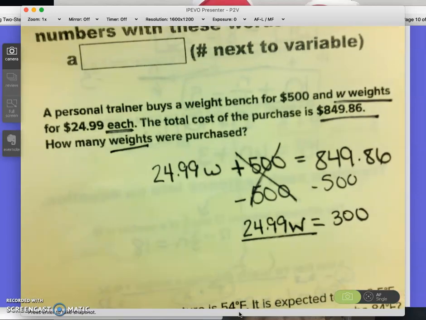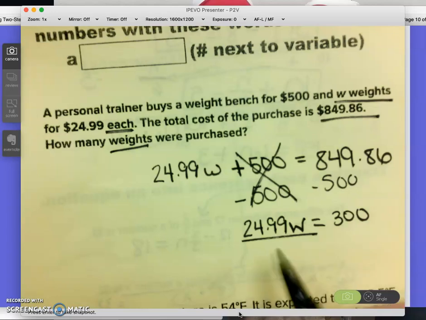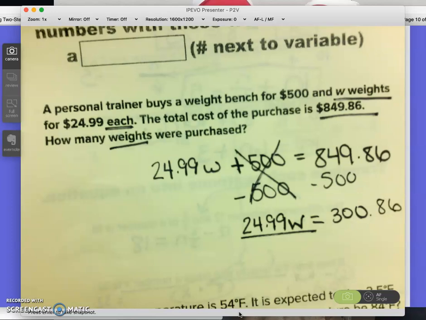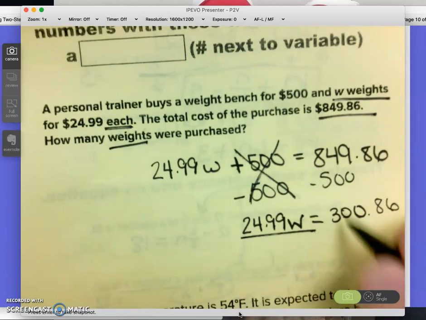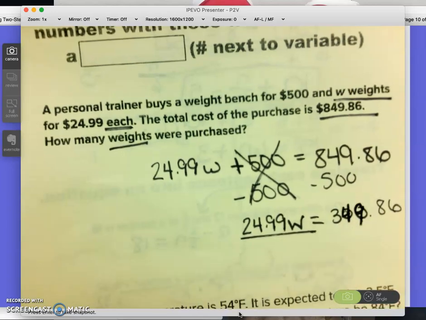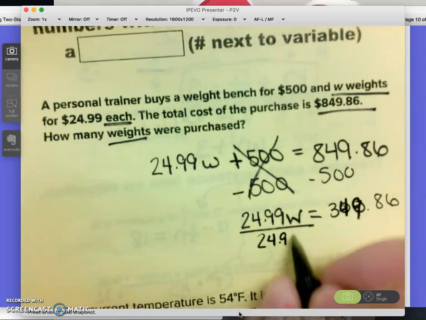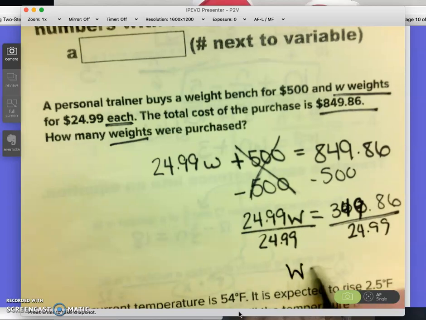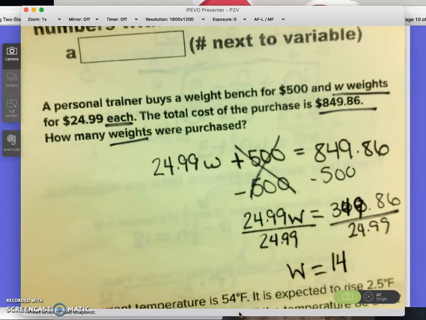Or no. I'm sorry, I said that wrong. Hold on. How many weights you purchased? Is that what you just said? Yeah, thank you. Oh no, and 86 cents. Sorry. I'm trying to do it quickly because I'm running out of time and then I'm messing up. All right. 24.99, and then W equals, and there are 14. And don't forget